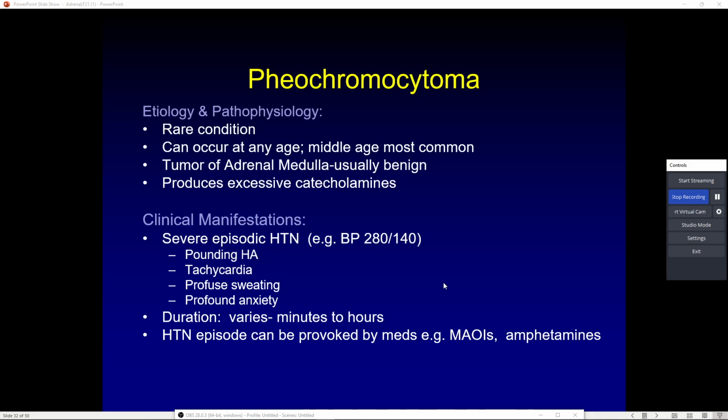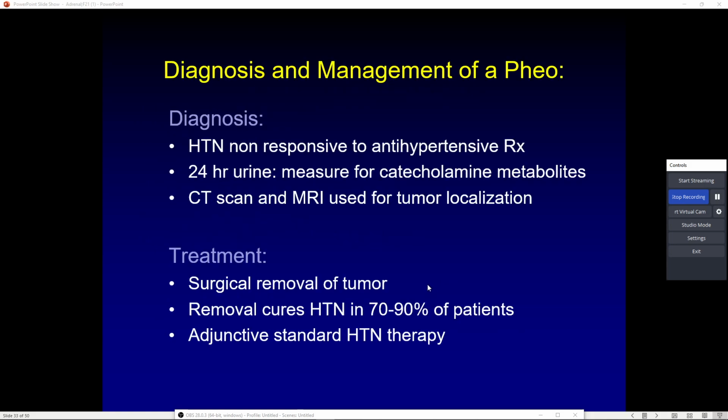It depends on what the cause is. If the cause is a tumor, typically there's a gradual onset into a severe onset, and by the time we get to that severe onset, we need to treat very quickly. Okay. A hypertension episode can be provoked by many things: MAOIs, monoamine oxidase inhibitors, amphetamines, cocaine, any kind of activator essentially can cause something like pheochromocytoma, where you have that growth, that tumor on the adrenal medulla, to excite further release of hormones and cause this state.